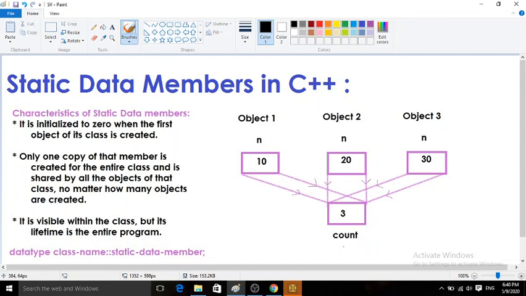So here is a diagrammatic representation. Let us consider that our count is a static variable written in the class, and for that class three objects are created: object 1, 2 and 3. All these three objects will share the same static variable. So that means